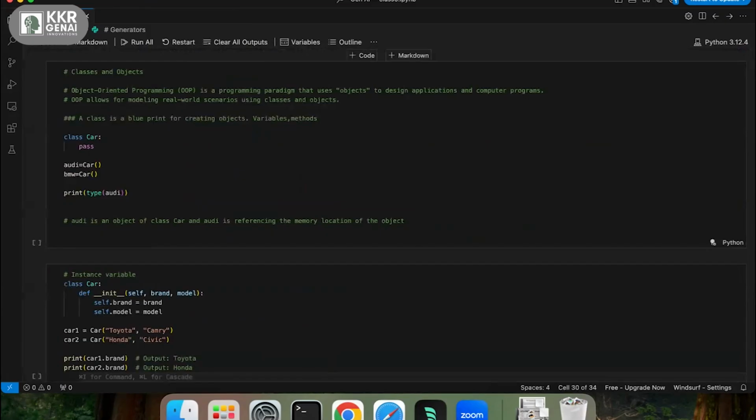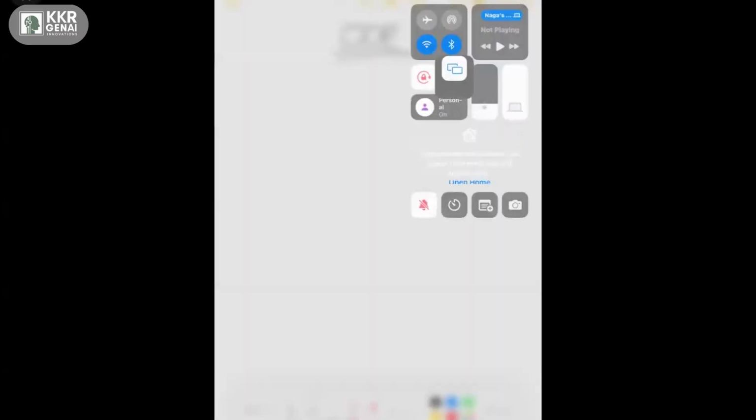If I start on OOPS, OOPS stands for Object-Oriented Programming Language. If you heard of this term, what comes to your mind? The first thing that comes to our mind is class. The second important thing is object.